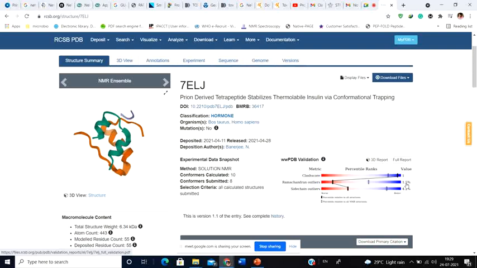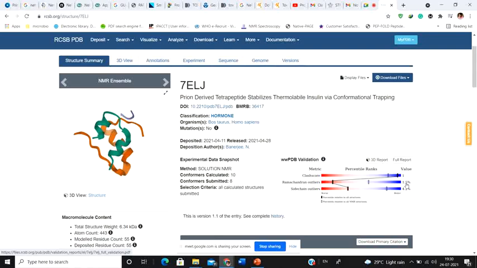Okay, they are lower resolution, so a lot of amino acids, specifically the glycines and prolines, are in the outliers, and that can be there because NMR is a solution structure. In the case of X-ray you are crystallizing a particular protein and getting a snapshot, but in NMR it's a solution structure and you're not crystallizing a particular protein.